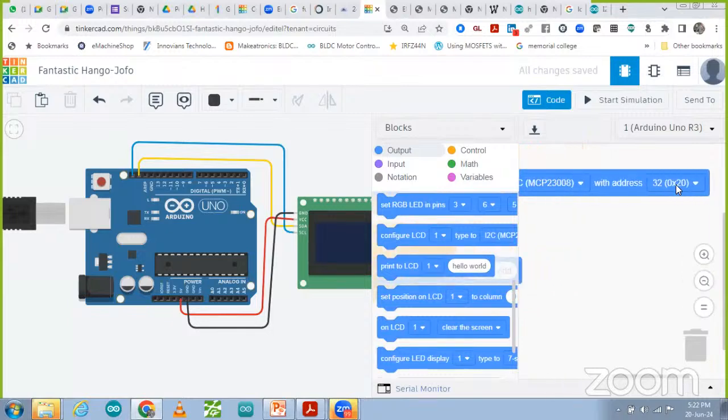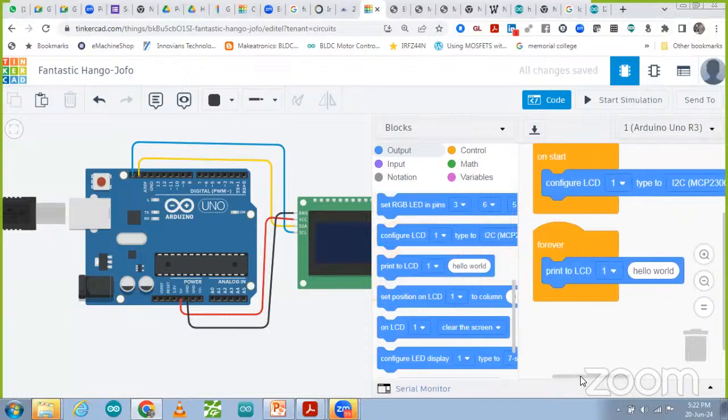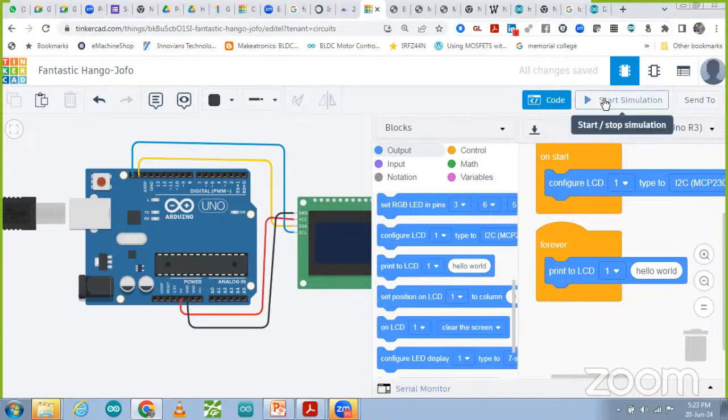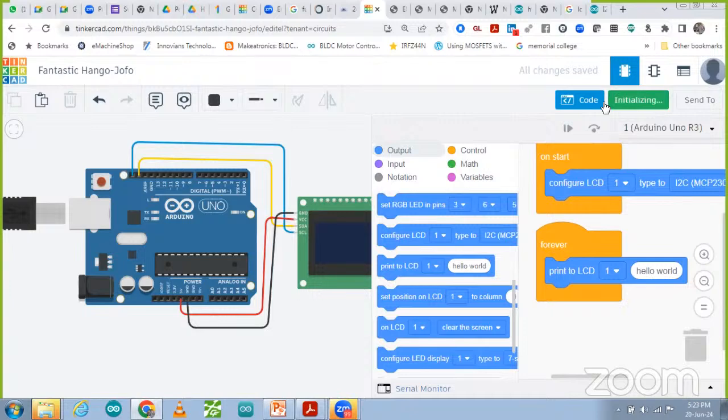So these are the addresses that we have discussed. No need to define the pin, because already SCL and SDA pins are already defined over there. Same pins we are using, not a pin number over there. So now we are going to start the simulation. And let me check what output we are getting over here